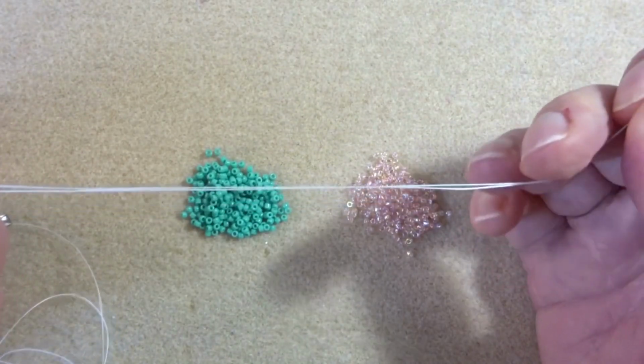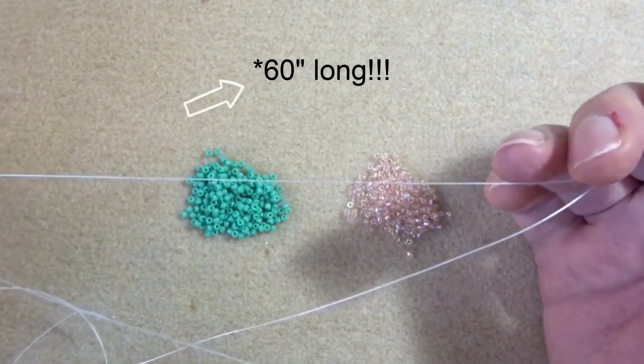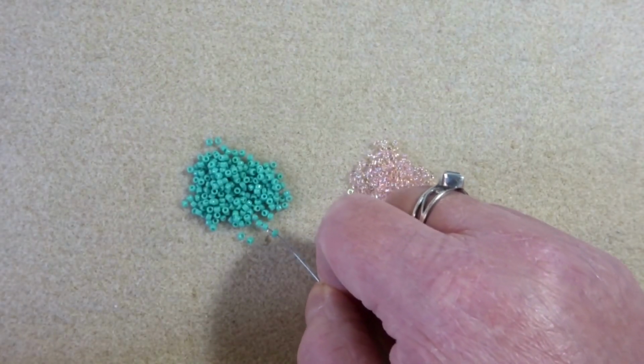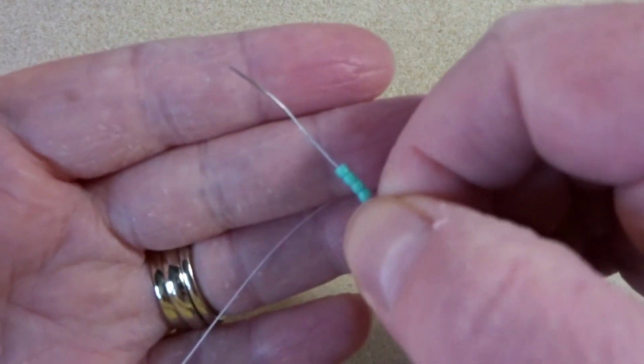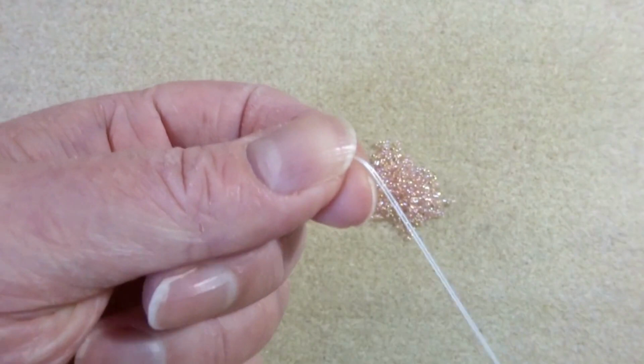So I've cut myself a really long length of thread. This is about 50 inches long. I'm going to go ahead and pick up 4 beads to start with, like that. We're going to take the beads down the thread,